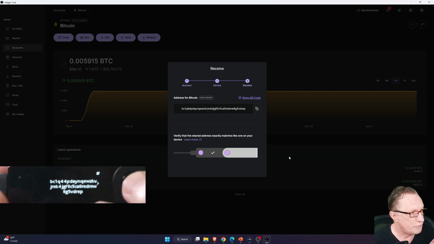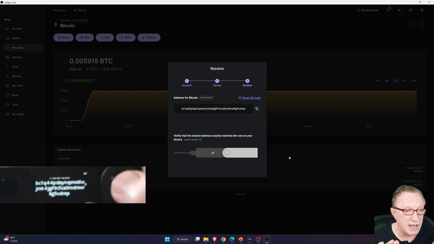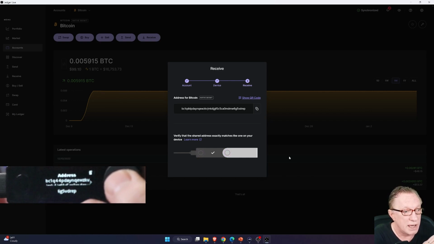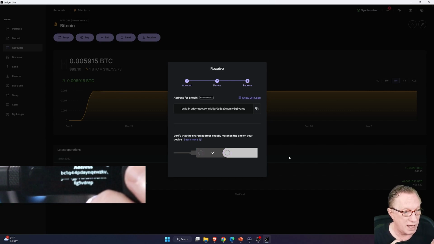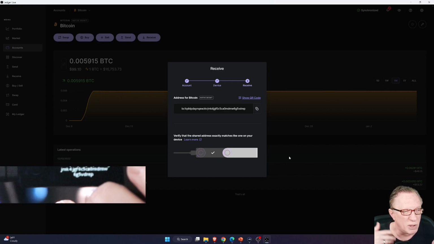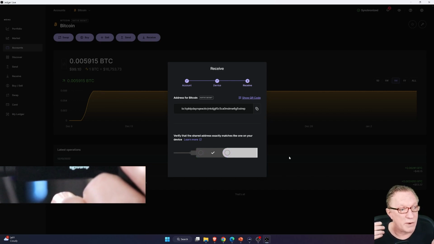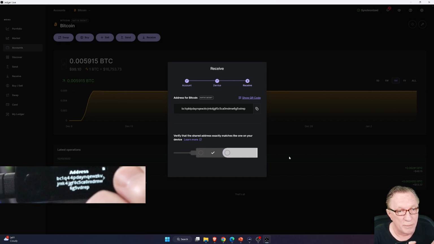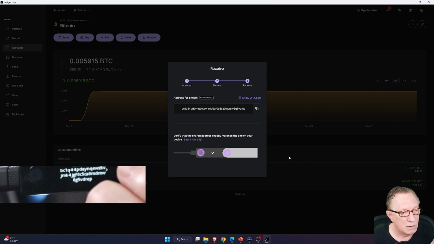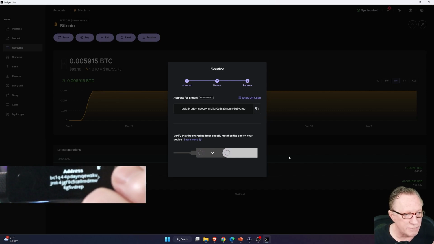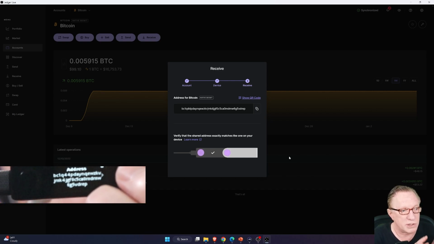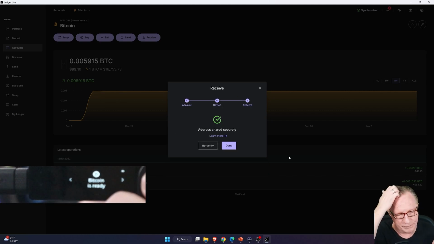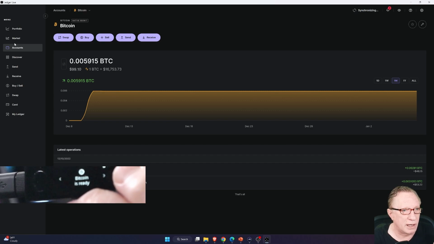Now, if you get an error message when this happens, then that means that the device that you're using is not the same device that you used to set up the account. This happens when you have multiple configurations or you have more than one Ledger device, right? It has to be a match. But if you only have one Ledger device and only one configuration that you've just restored, this should be a match, right? All right, so we can just go ahead and approve this, click done,